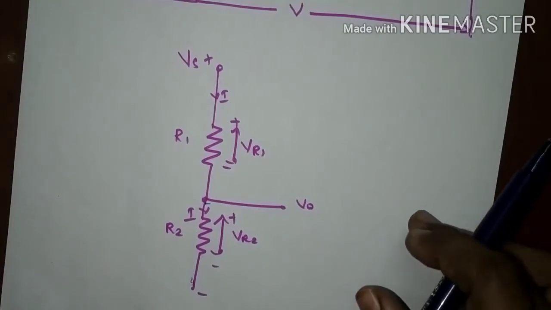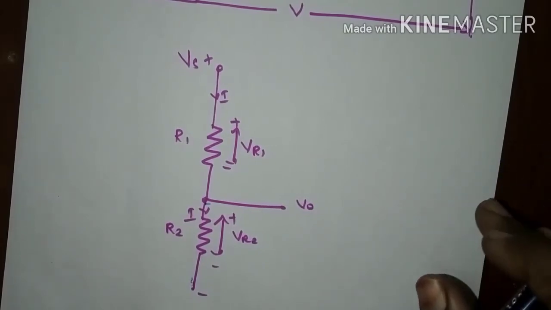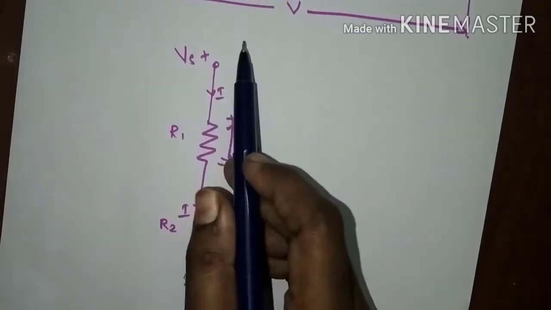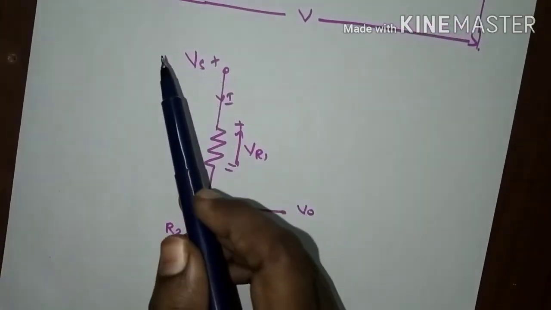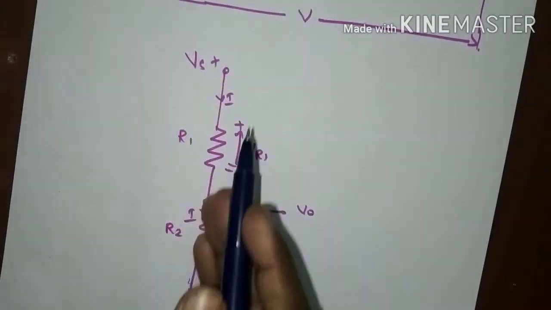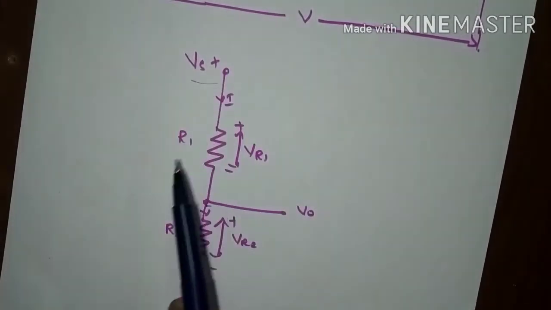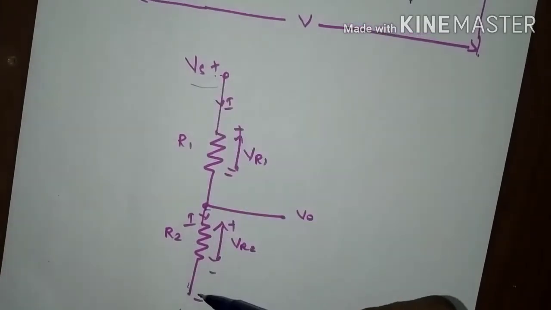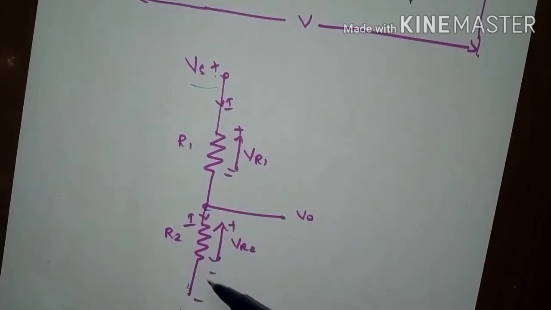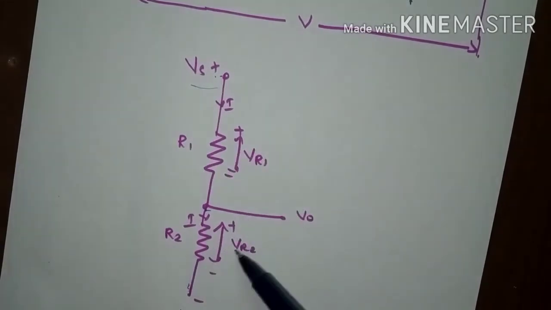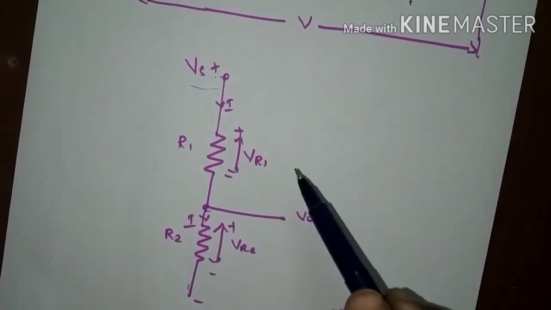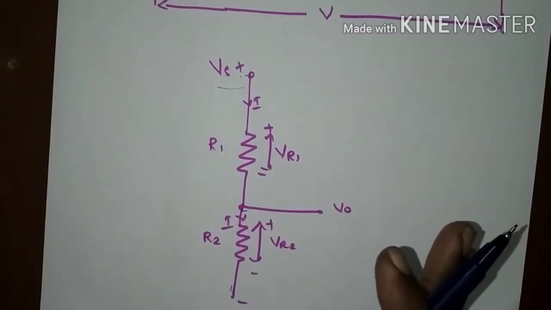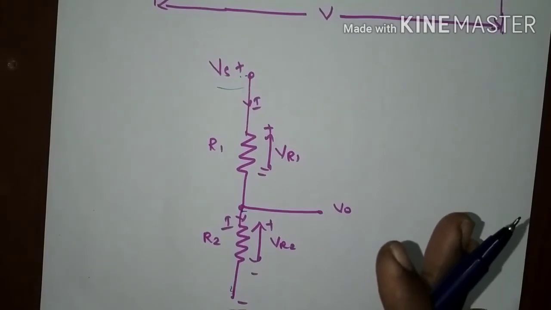The potential divider or voltage divider circuit is useful in providing different voltage levels from a common supply voltage. This potential divider divides a common supply voltage into different voltage levels. This is a common supply, you are giving positive and negative, and separately the potential that has been divided can also be found by using the voltage divider circuit. Potential divider or voltage divider is applicable only in a series circuit.